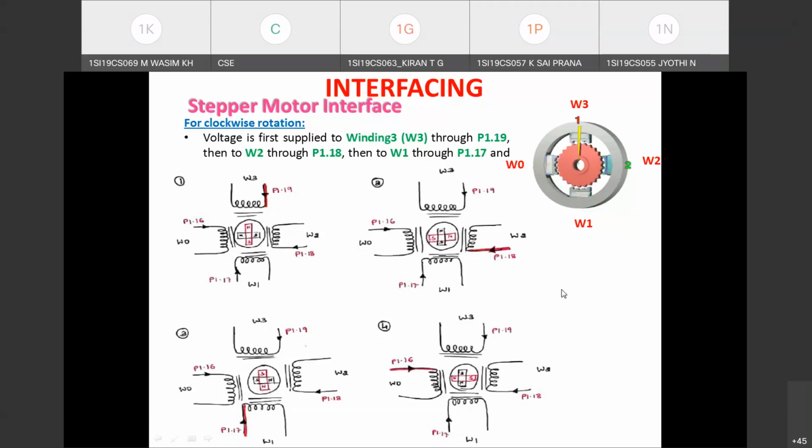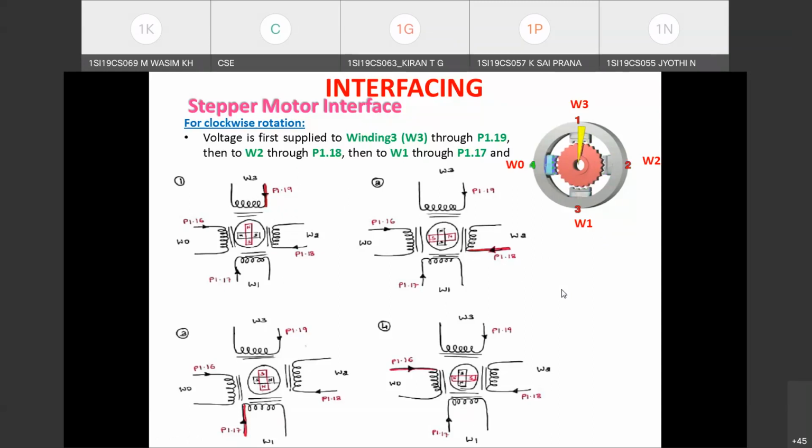Only that pin needs to be logic 1. How we are doing that, to which register you are going to write, that you also know. So if you want to send out a logic 1 through a particular port pin, you know which register you have to configure. It is the IO set register.